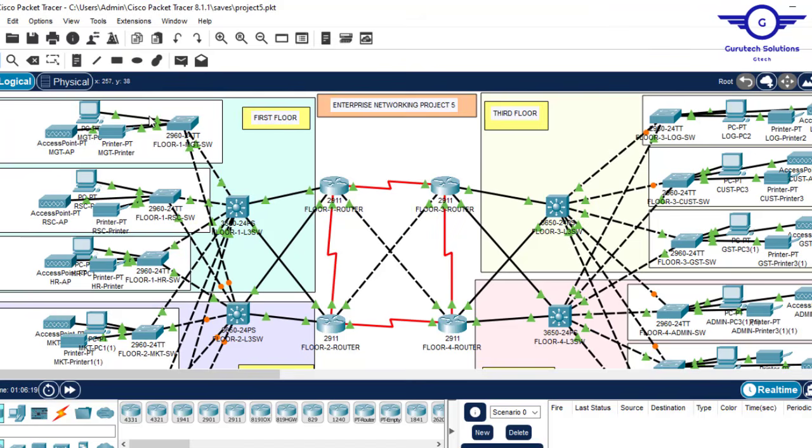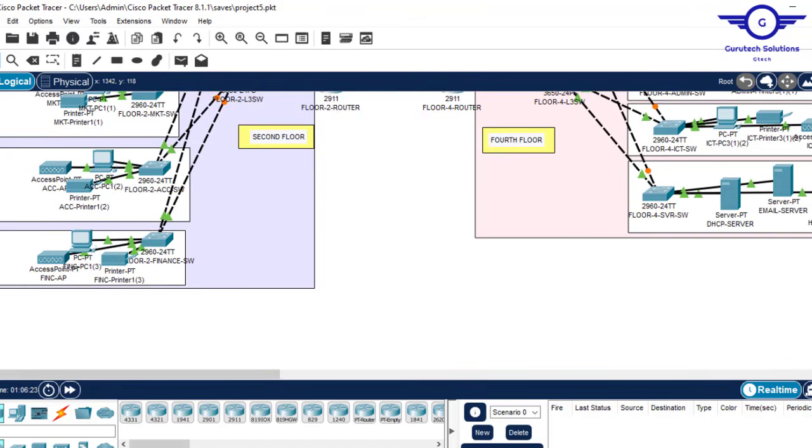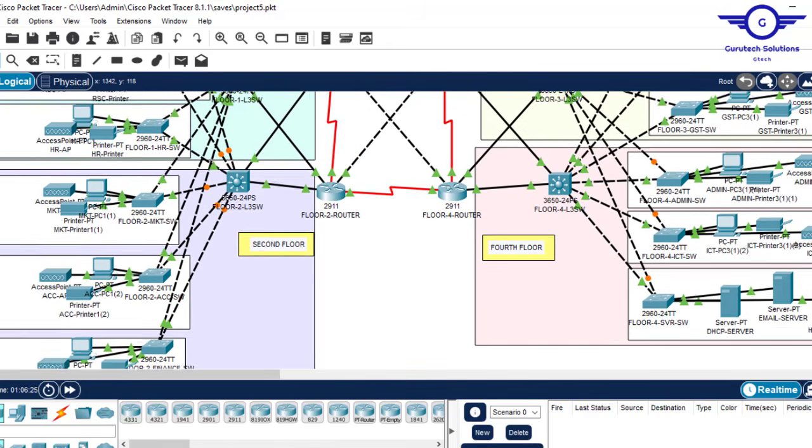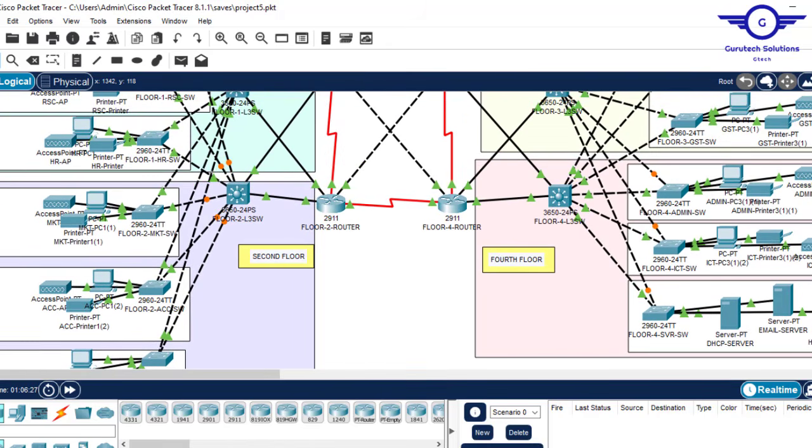Okay guys, so you can see we have separated the departments using the white background color inside each color in